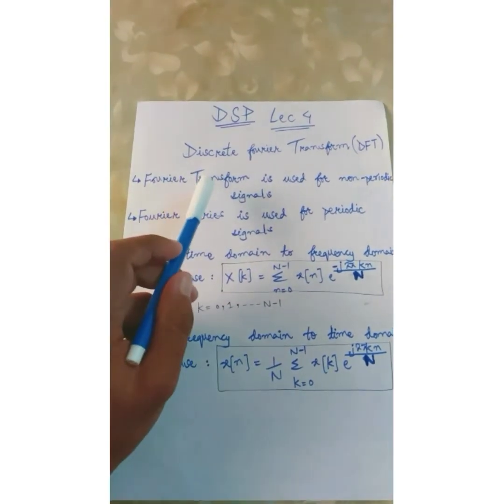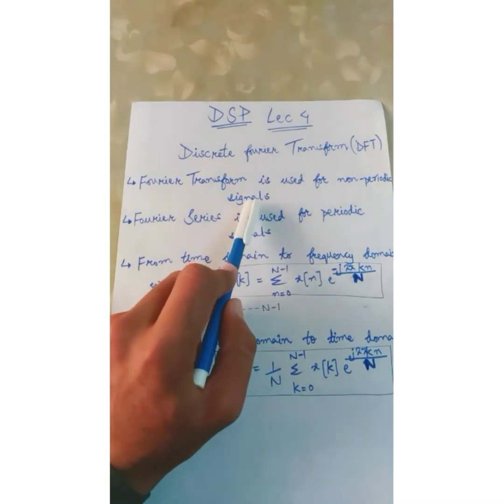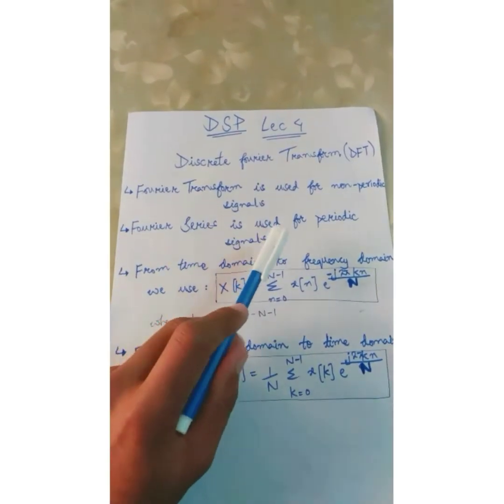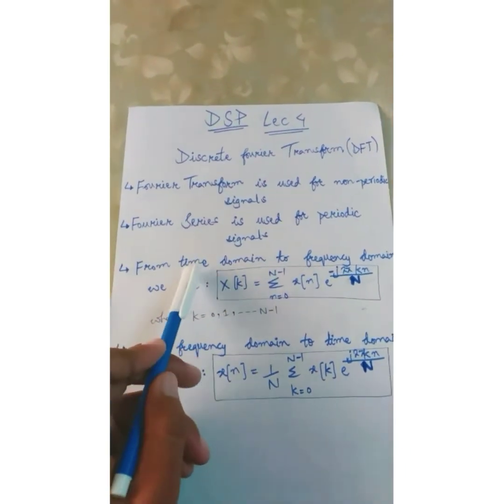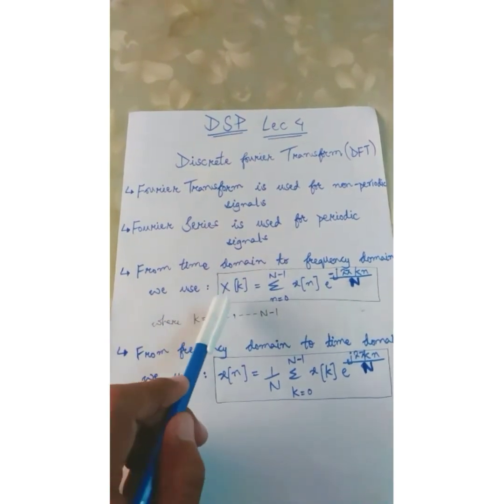First of all, we need to know that Fourier transform is used when we are dealing with non-periodic signals. On the other hand, Fourier series is used when we are dealing with periodic signals. If we want to convert a signal from time domain to the frequency domain, we use this formula, that is